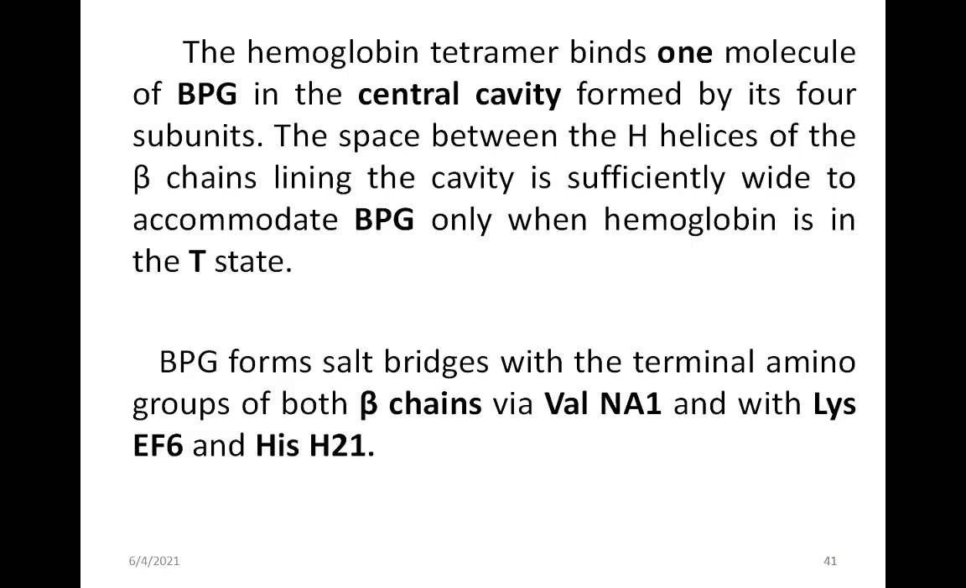The space between the 8 helices of the beta chains lining the cavity is sufficiently wide to accommodate 2,3-bisphosphoglycerate only when the hemoglobin is in the T state. BPG forms salt bridges with the terminal amino groups. 2,3-bisphosphoglycerate forms ionic bonds, that is salt bridges, with the terminal amino group of both beta chains, via valine